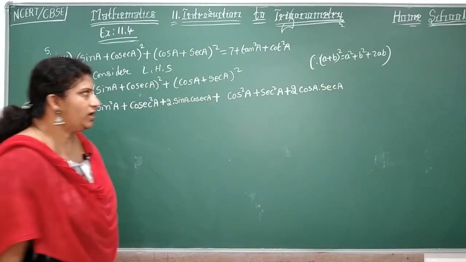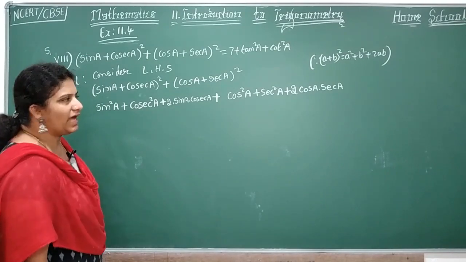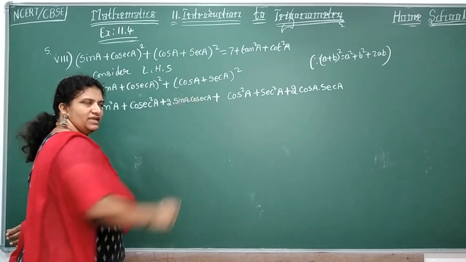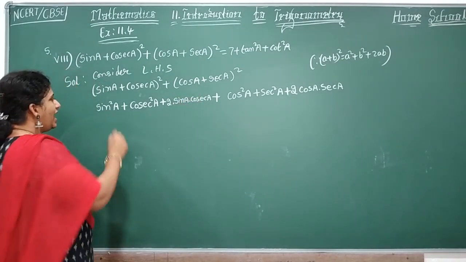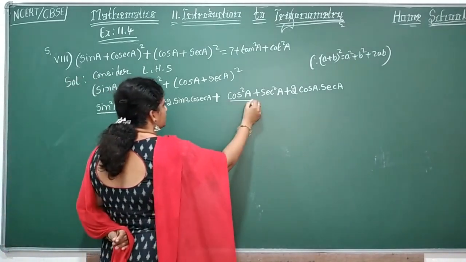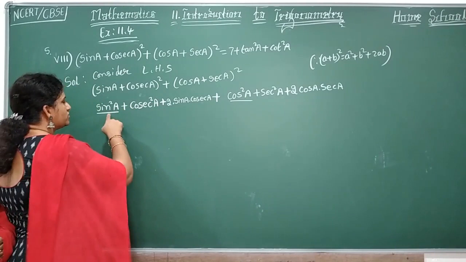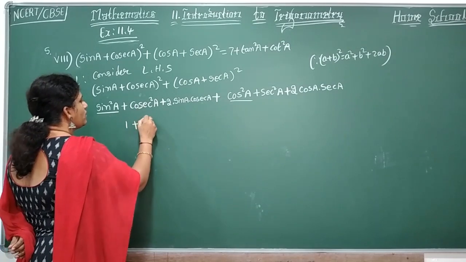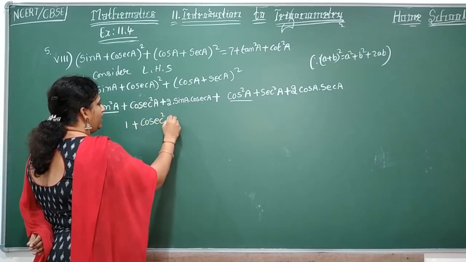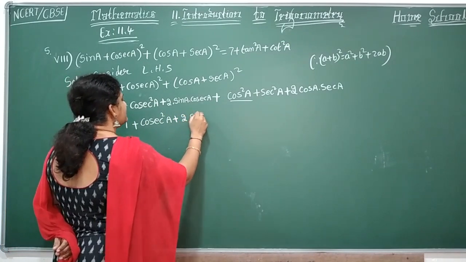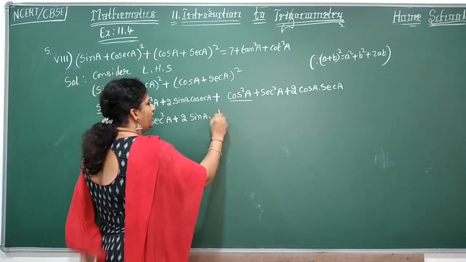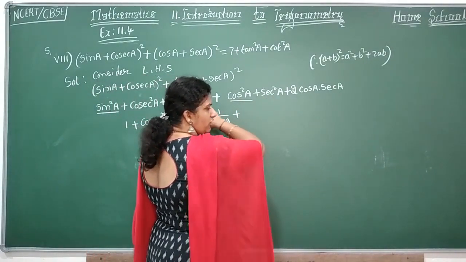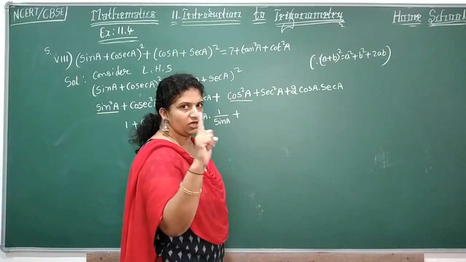Okay, now again look here carefully children. So what can I do with this one? I think cosecant A is nothing but 1 by sin A. Sin A will be cancelled. Next step I'll do here. And one more. What is sin square A plus cos square A? It will be 1. So instead of these two, I will write 1. Plus cosecant square A plus 2 sin A. Cosecant A, how can you write? 1 by sin A. Plus, skip this one because you already have written that sin square theta plus cos square theta is equal to 1.